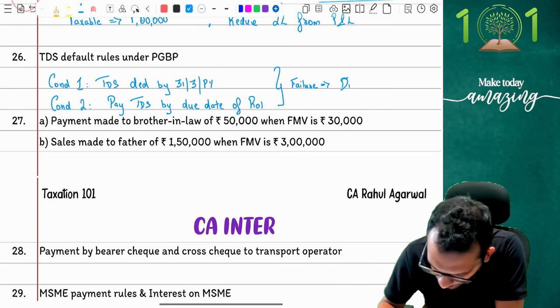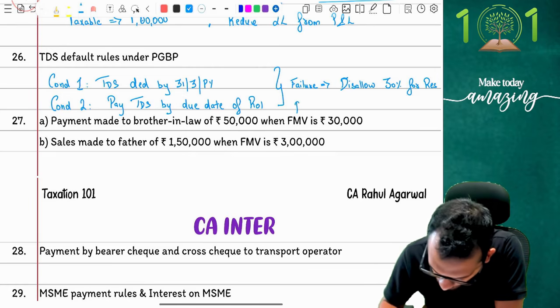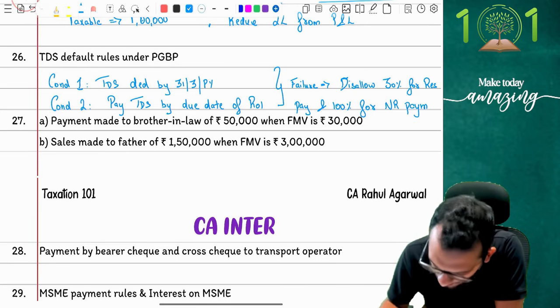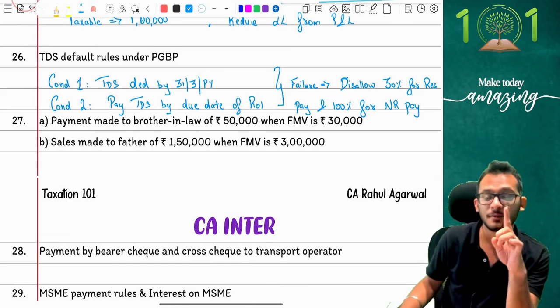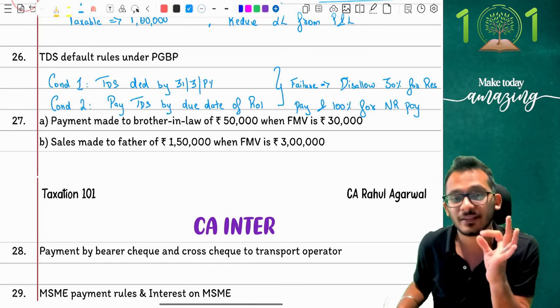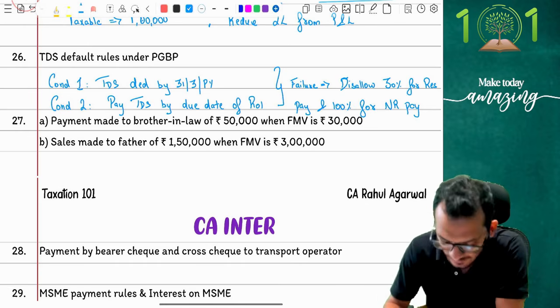You're going to disallow 30% for resident payments and 100% for NR payments. Yes, that is what the conditions are, people. So income tax basically comes and says, my dear child, do your job properly. If you're not going to do your job properly, I'm going to disallow 30% for resident payments and 100% for non-resident payments, but